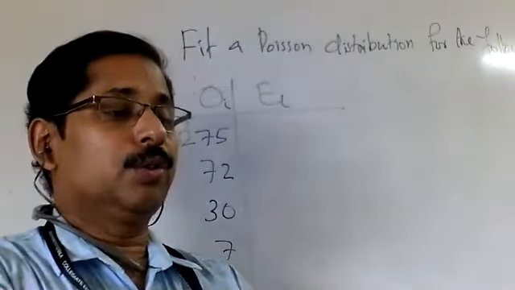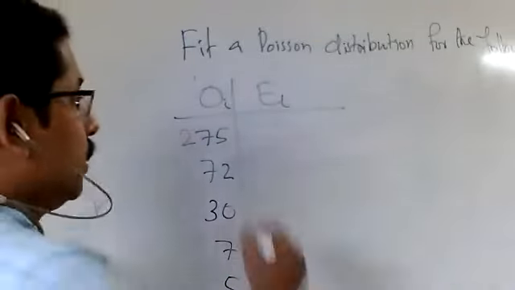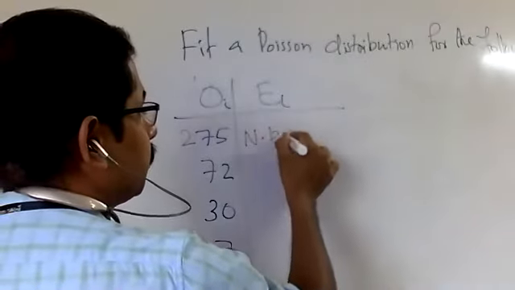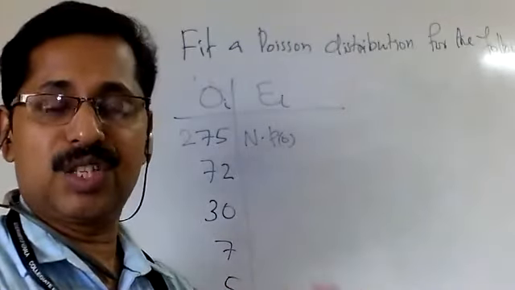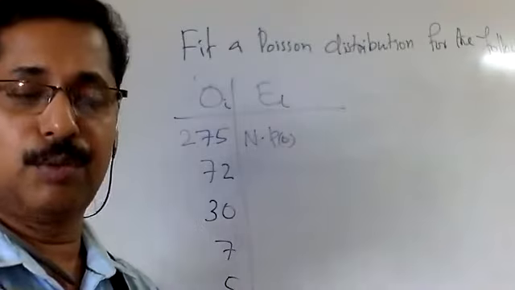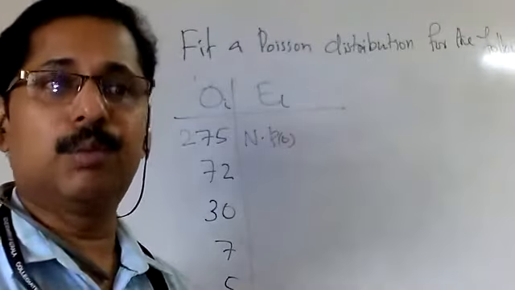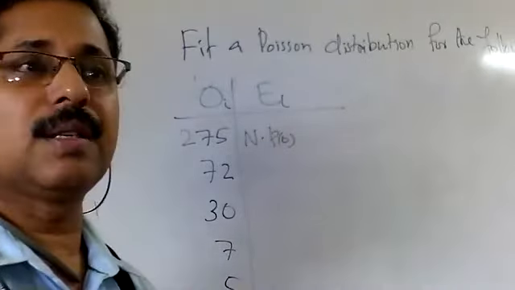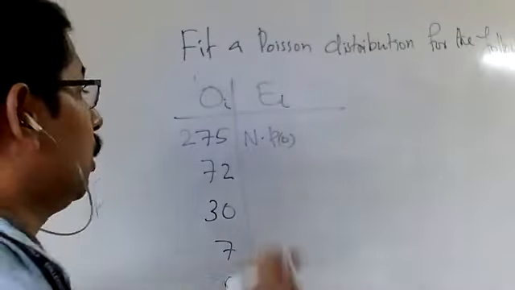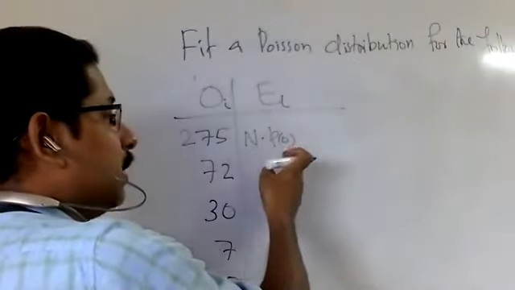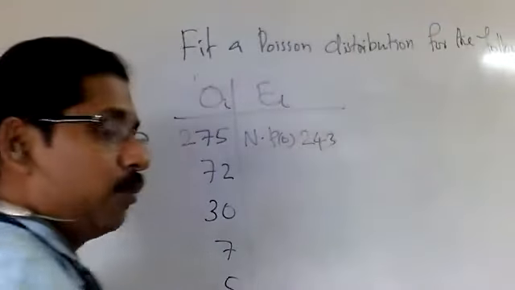Now you have to find out the expected frequency. For the first case, what will be the expected frequency? It is n into P0. How to get P0? P0 means probability that x equals 0. Since the given model is the Poisson distribution, P of x is e raised to minus lambda, lambda raised to x by x factorial. In that model, you just put x equal to 0. So that is simply e raised to minus lambda. Lambda we have already found. So substitute, find this P0 and multiply that with the total frequency n. That value is approximately 243. You have to work out this value.